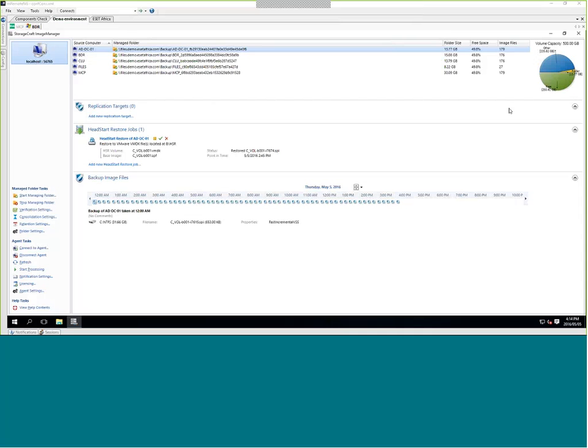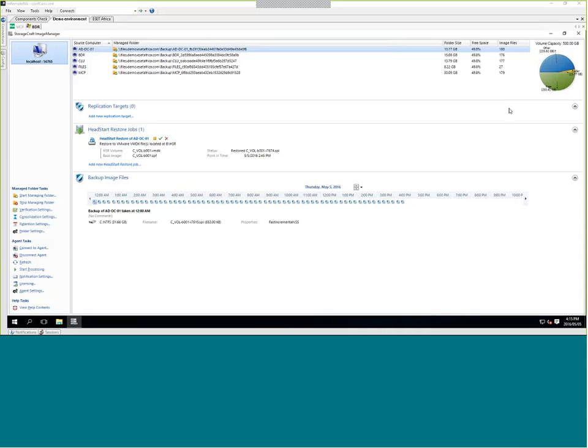I've got another question that says, just need to find out if it's compatible with the VM environment. Can you maybe clarify which hypervisor you're referring to? Or maybe just clarify that question. The backup agent itself can go on any virtual machine, regardless of the hypervisor in use. So if you're using, say, Hyper-V or VMware or Xen or KVM, it doesn't matter. You can always install the backup agent on the operating system in question.